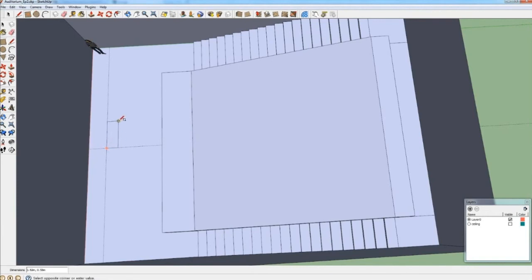This is going to be a rectangle, 1.5 meters length, and then 80 centimeters width, and we pull upwards for 80 centimeters high, and the desk is ready.